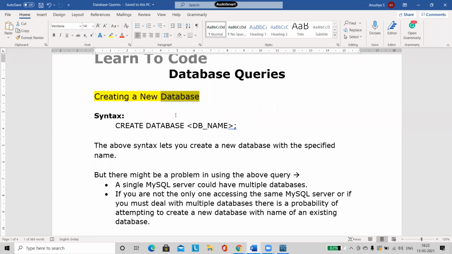I am going to use the RDBMS concept, Relational Database Management System. What do you mean by relational database? It is going to store my data in the form of a table. Simple as that. RDBMS is used to store the information in the form of a table.